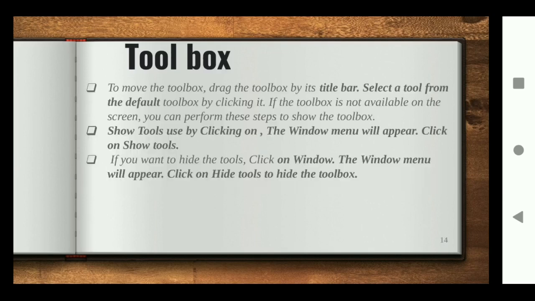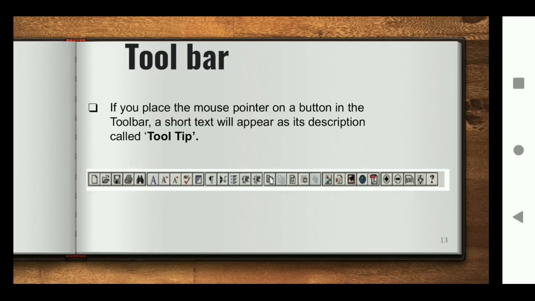Next, the toolbox. The toolbox holds the tools commonly used for creating text and picture elements and aligning them. If you want to hide a tool, you can choose the Window menu and click on hide. If you want to show a tool, you can click on show.